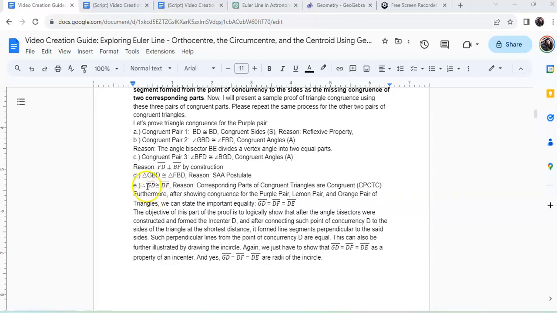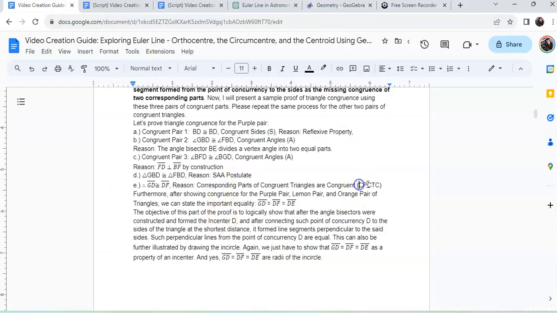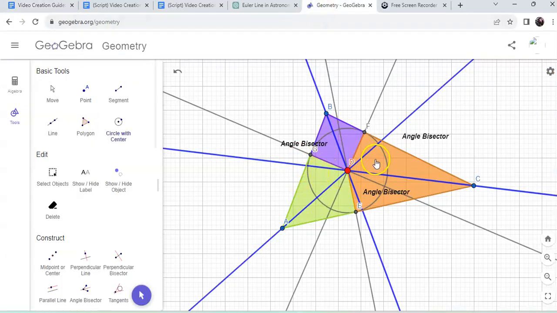Therefore, we can conclude that side GD is equal to side DF. And the reason is CPCTC. Corresponding parts of congruent triangles are congruent. Furthermore, after showing congruence for the purple pair, lemon pair, and orange pair of triangles, we can state the important equality that side GD is equal to side DF, and side GD and side DF is also equal to side